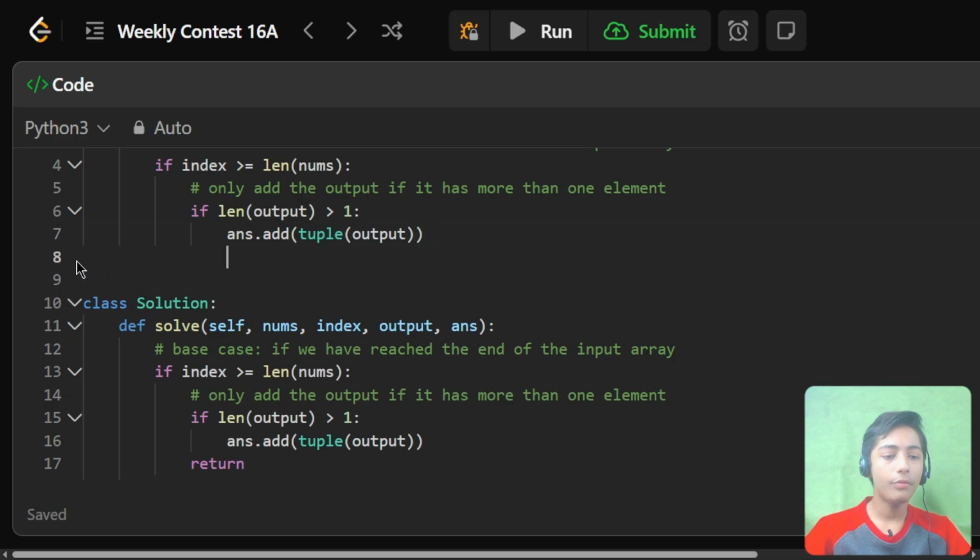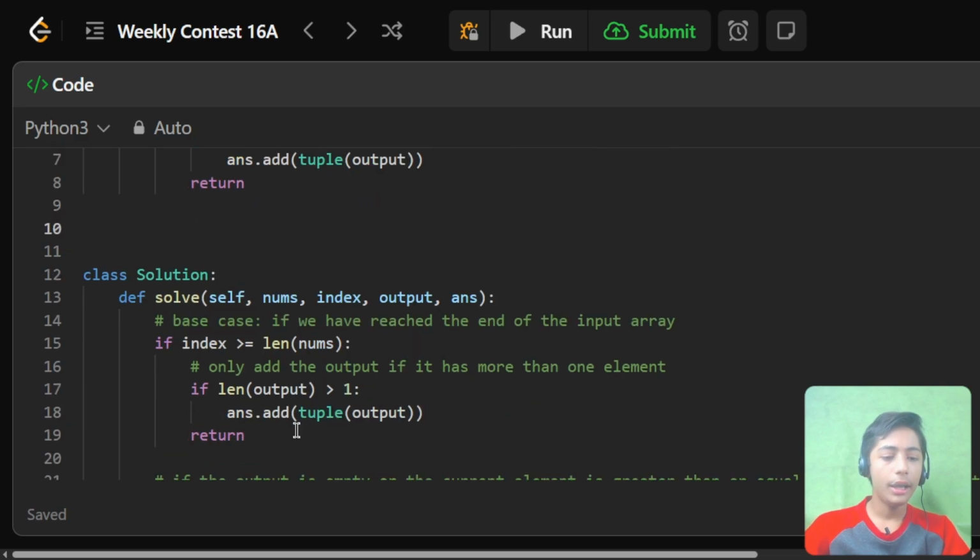Now perfect, back return. In these three lines here, I only add the output if it has more than one element. Now enter,